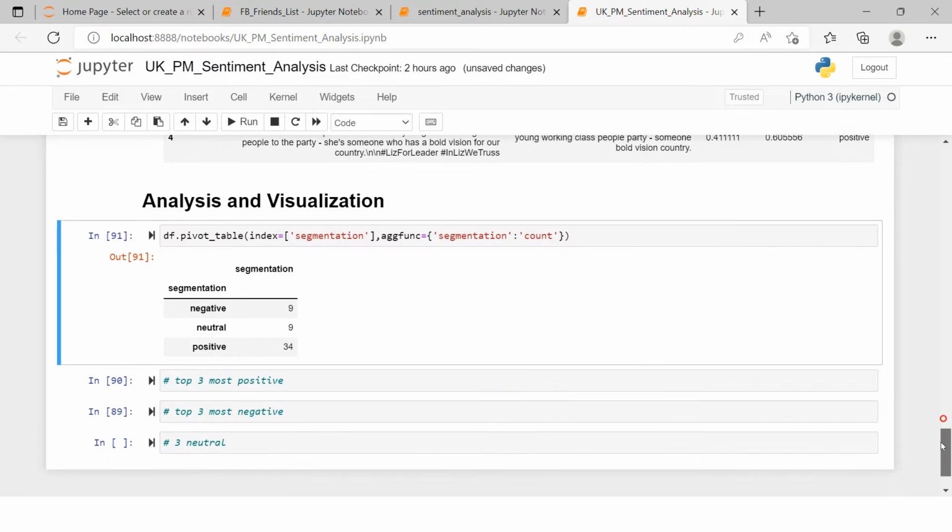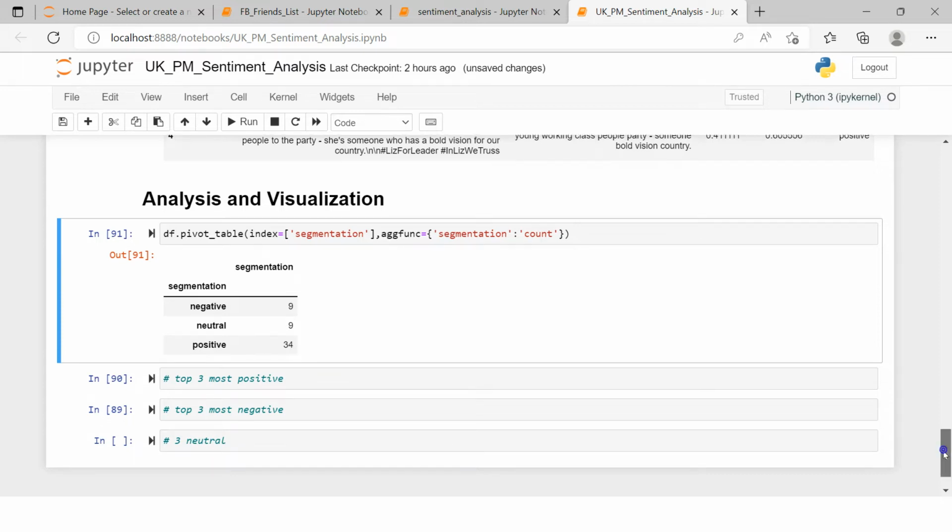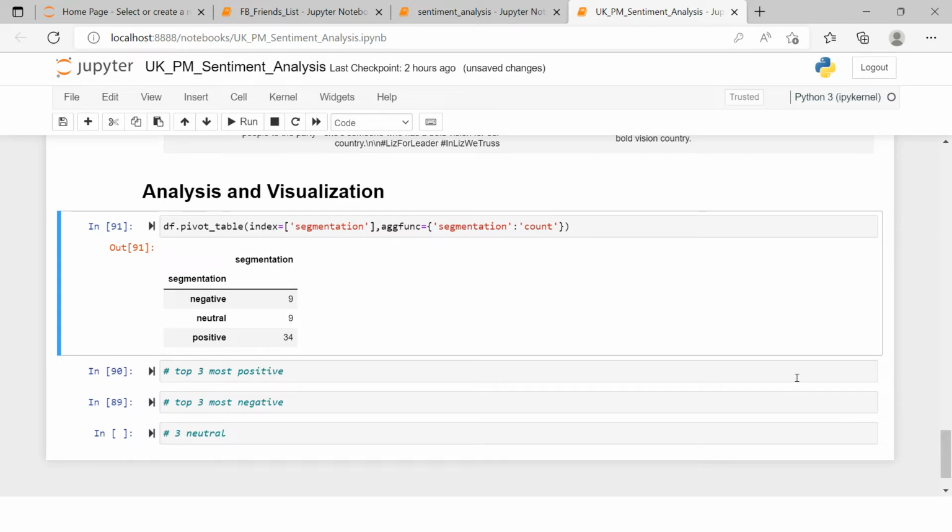Okay, so here is what we have. If you see, in the entire dataset 134 traits are positive and only 9 are neutral and 9 are negative. This is very good. That means it is turning out that Liz Truss is very strong, and she is most likely going to be the PM. Now you pair on this and this, let's just see what happens in some time.